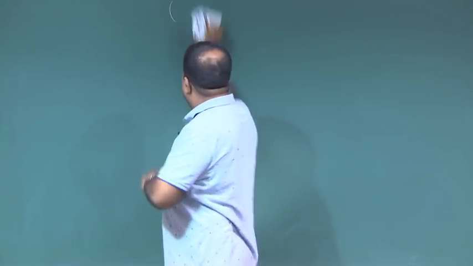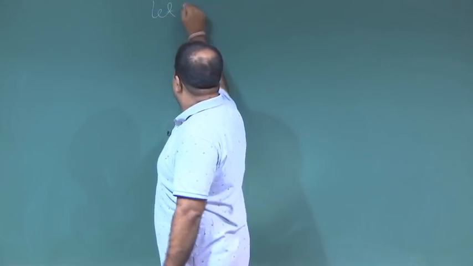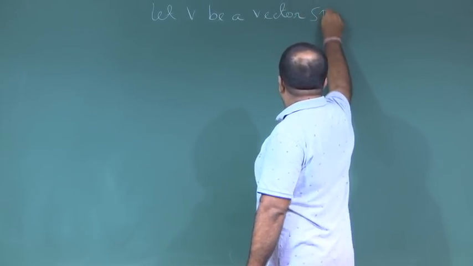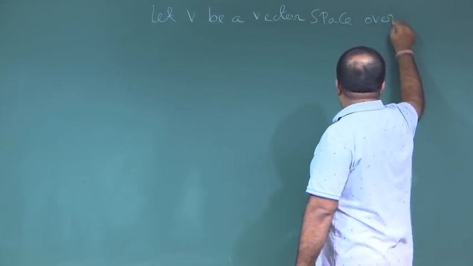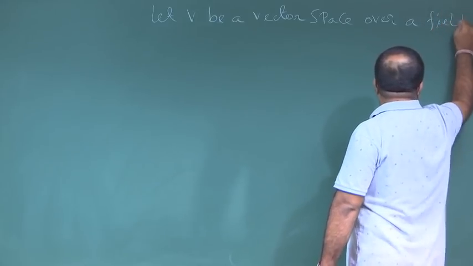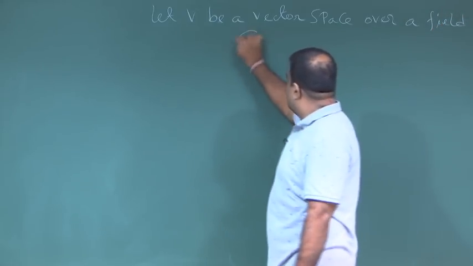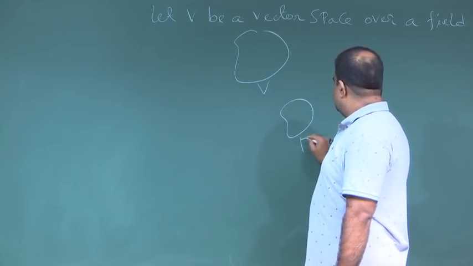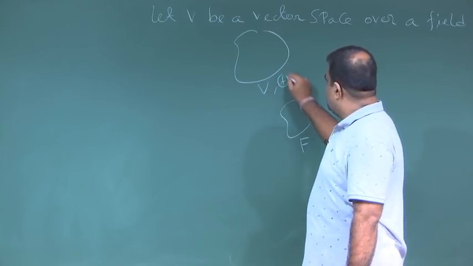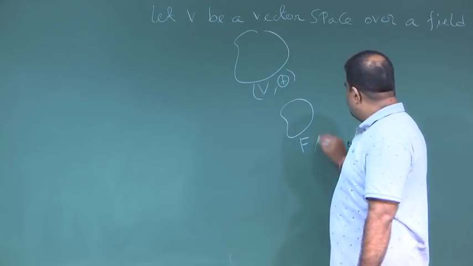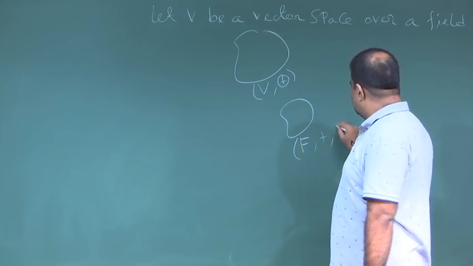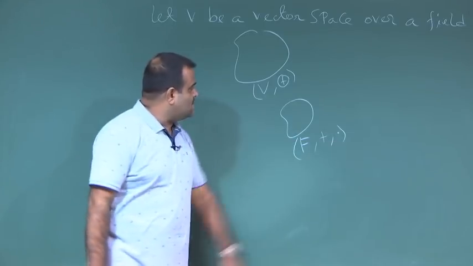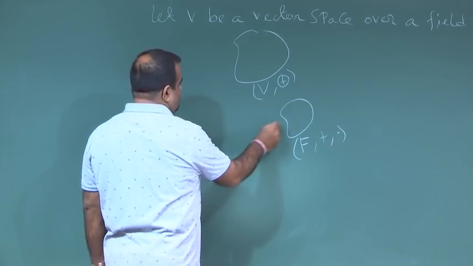Let V be a vector space over a field F. So, basically we have a non-empty set V and another non-empty set F, and on V we have a vector addition, and the field elements are called scalars. On the field we have scalar addition and scalar multiplication, and then we have an external operation which takes